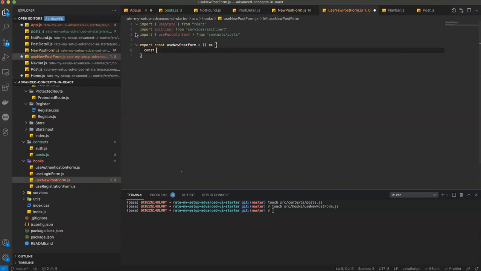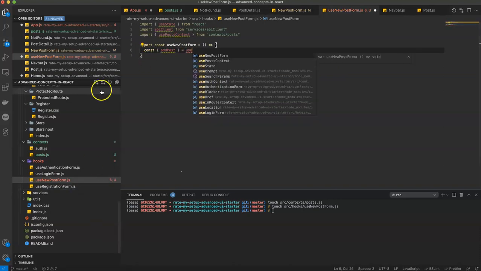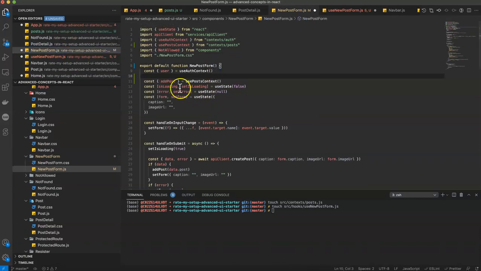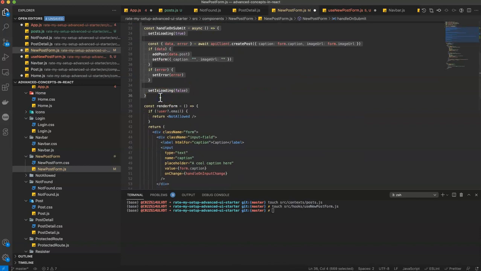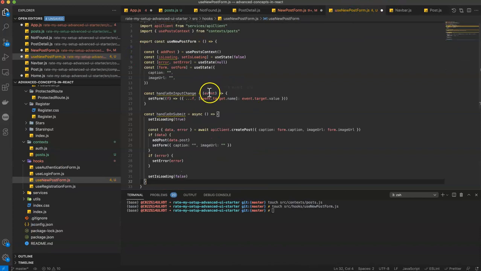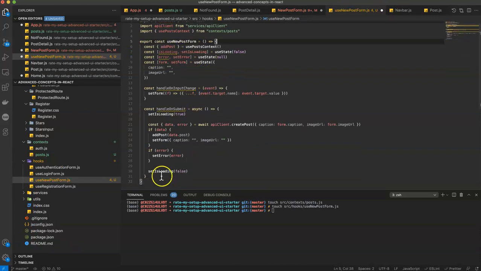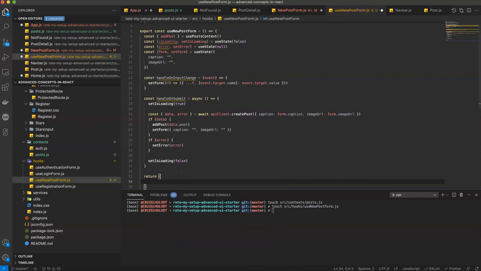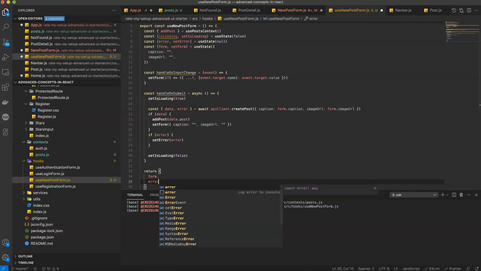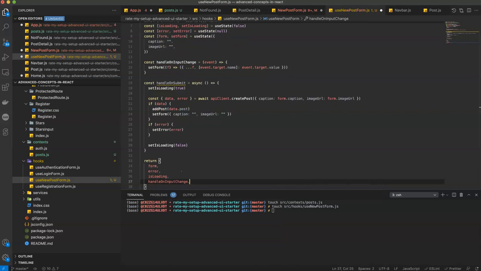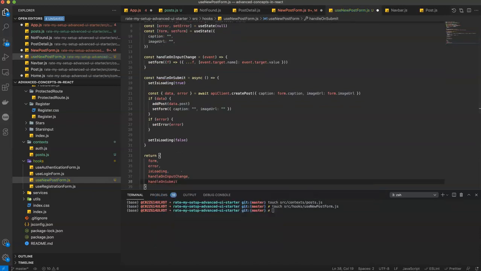And that should extract the add post from use, or actually, you know what? Instead of just typing this all out, again, let's grab everything here and let's copy it and let's move it directly into here. Okay, looks good. Doesn't look like we're missing anything. And now let's also make sure we expose the appropriate data. So let's expose the form, the errors, the is loading flag, the handle on input change, and handle on submit